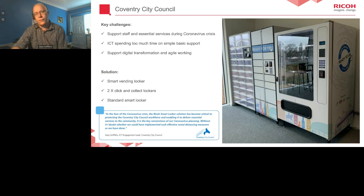So all new starters were then collecting their kit from the click and collect locker. We had mice, keyboards, USBs, and headsets in the vending machine, and we had keyboards and loan laptops in the other type of locker we had there. And so when we moved them in and started encouraging people to come in and pick up the lockers, it really did make a massive difference to us,